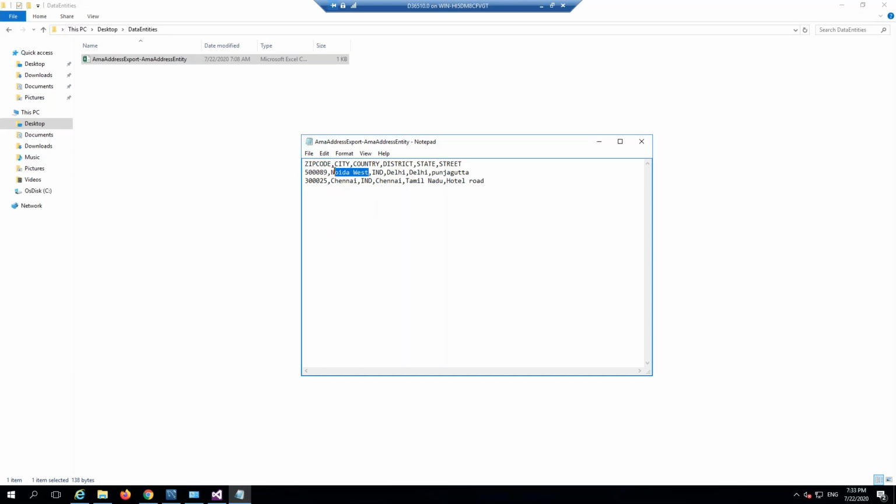Here the city is Noida West. I will change it to Hyderabad. And 500,089, I will say 500,090. And India district, I will change it to Hyderabad. And then this one, I will change it to Hyderabad. Sorry, state Telangana. And here instead of Panjagutta, let me change it to Dilsukhnagar. Okay,